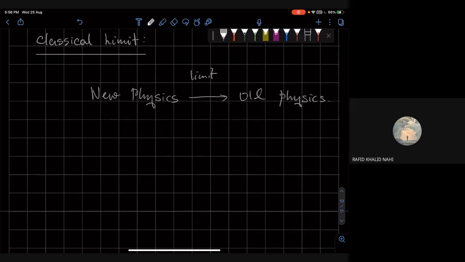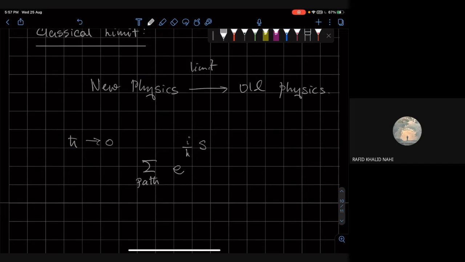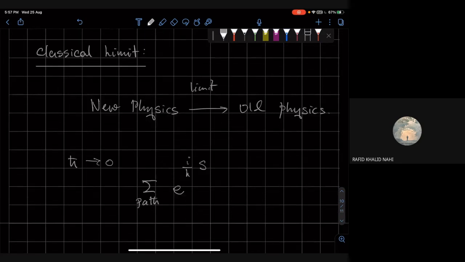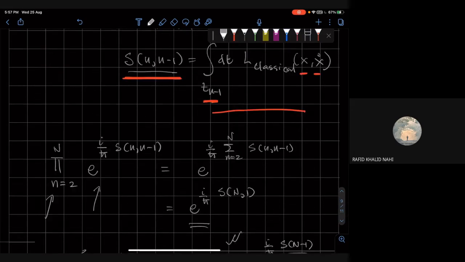So similarly, we get classical physics from quantum mechanics by taking h bar to 0. This is the naive limit. So it would be interesting to see what this thing gives us in the naive limit. So if I look at e to the i by h bar S, the sum over all the paths, if I look at it, now, if you now take,